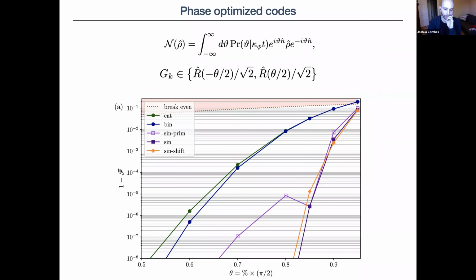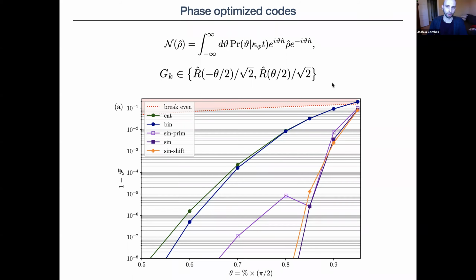So then we had this idea that maybe we could start looking at a different channel, and I will just briefly explain it here. This channel is actually related to the dephasing channel. This is one way to write the dephasing channel. The dephasing channel is the case where this distribution here is a Gaussian centered around 0. And what we realized is that if you consider a code where you sort of displace that Gaussian to the left and displace it to the right, so now you have essentially a rotate left and a rotate right channel,